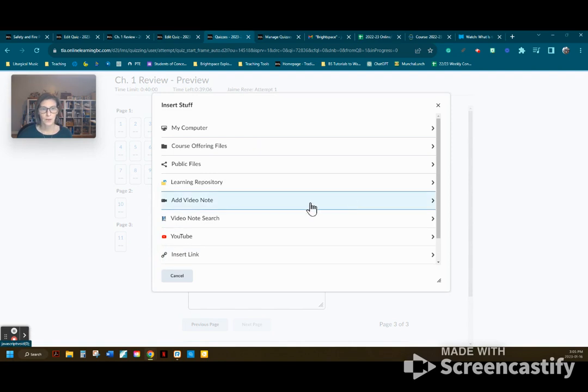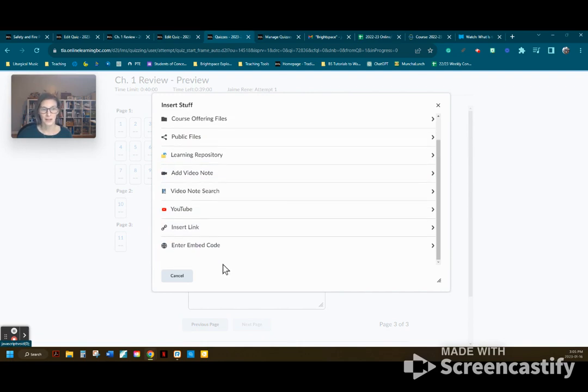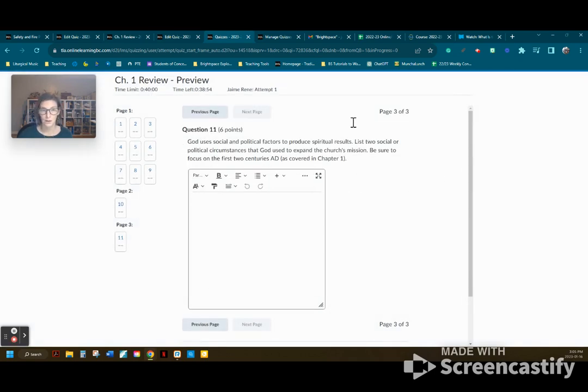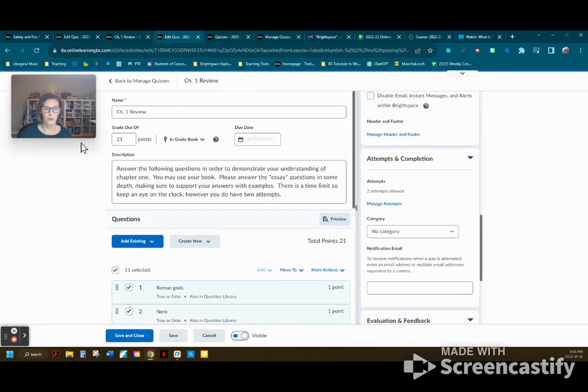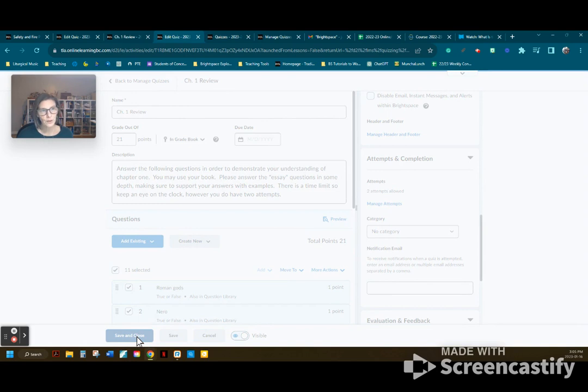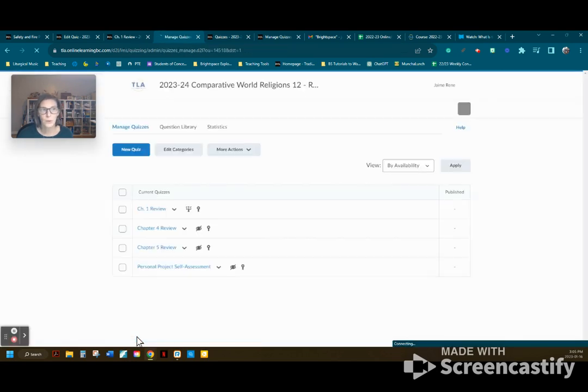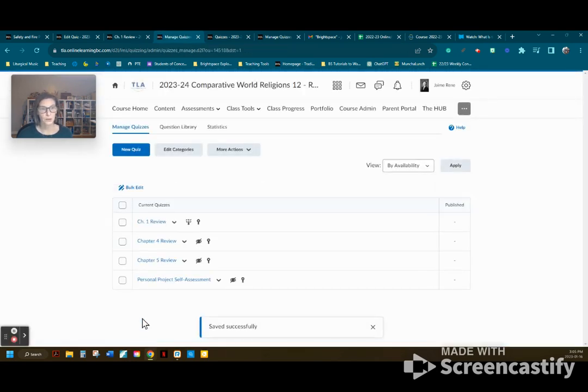The insert stuff, when you check it, you see all of these options, but they do not. Okay, their options are much more limited, so you can be reassured by that, I think, especially for quizzes. Okay, and then I'm going to go back over here. I'm going to save and close. So I went to this quiz from my content, but when I close it, it goes